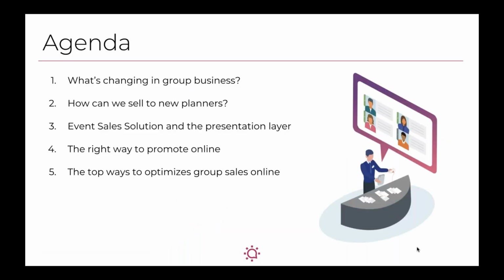So today's agenda. We'll spend a little bit of time talking about what's changing in group business. We'll talk a little bit about how, based on those changes, what we can do to sell to planners in a better way, a different way, how we should respond to the changes we see in group. Then we'll talk a little bit about our event sales solution and the presentation layer view of Social Tables. After that, we'll spend a little time talking about the right way to promote online through some case studies and outside of the industry things we're seeing that we think are relevant for the hospitality industry to adopt. And the last thing we'll do is talk a little bit about the top ways to optimize group sales online